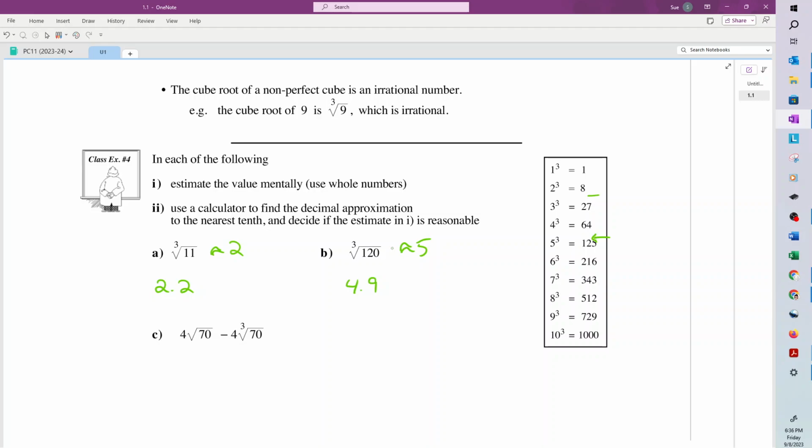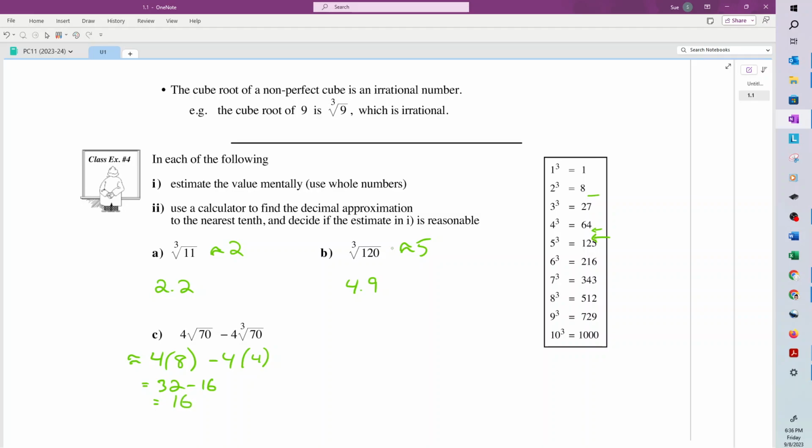This one, okay, it's going to be about 4 times the square root of 70 minus the cube root of 70. The square root of 70 is close to the square root of 64, which is 8. So this is going to be about 4 times 8 minus the cube root of 70, and the cube root of 70 is going to be in here, but closer to 4. So we'll estimate that as 4. So that's going to be 32 minus 16,